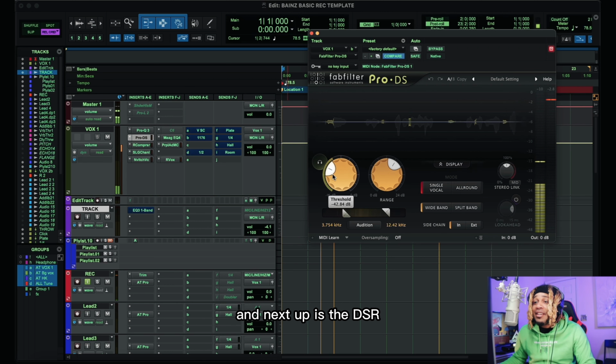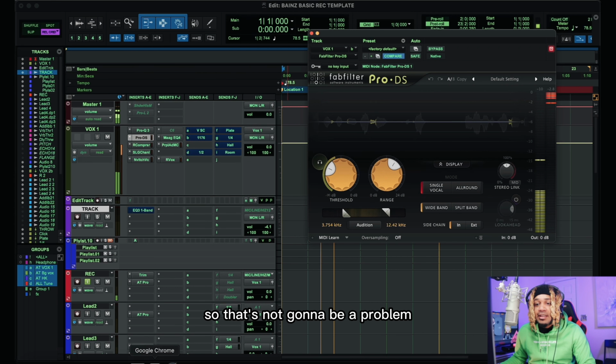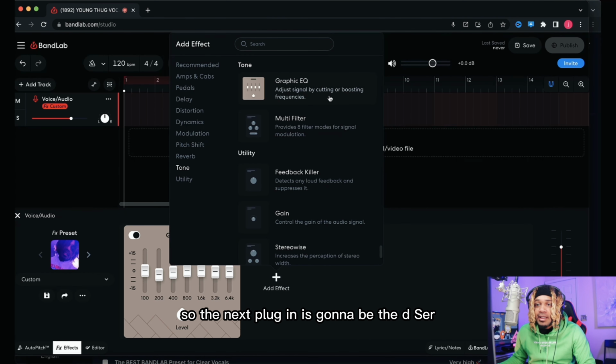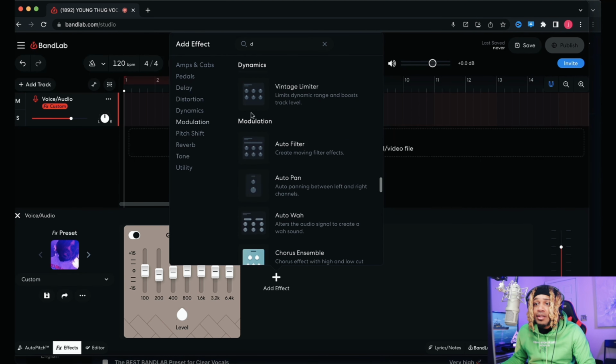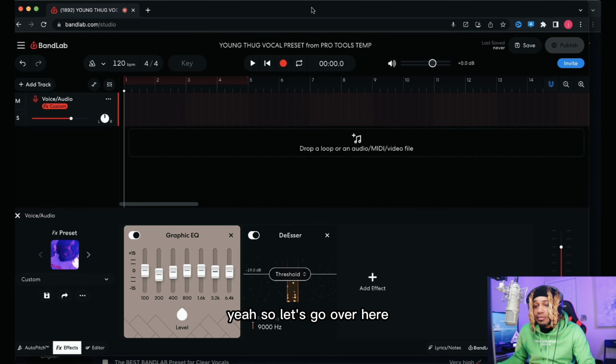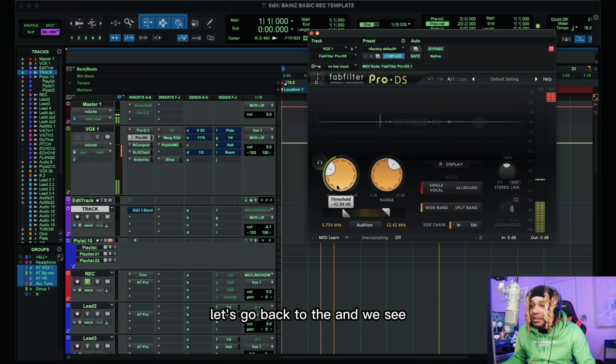Next up is the Deesser. Okay. BandLab has a Deesser, so that's not going to be a problem. So the next plugin is going to be the Deesser. Yeah. So let's go over here. Let's go back to the Thug. And we see